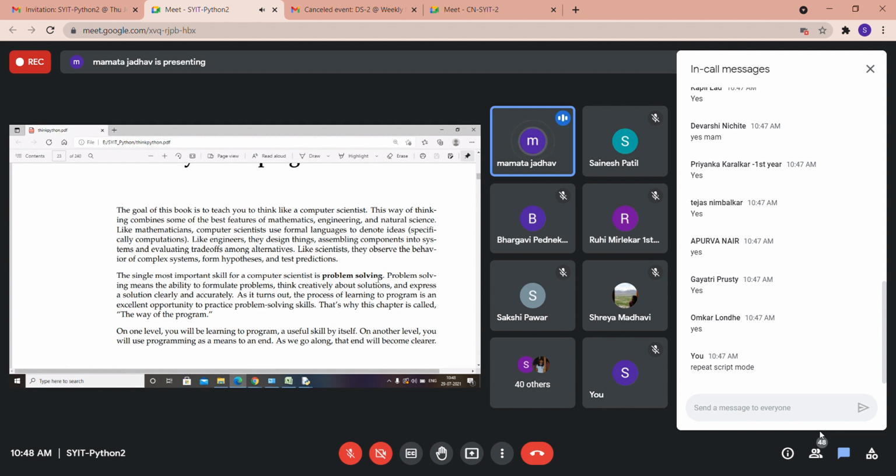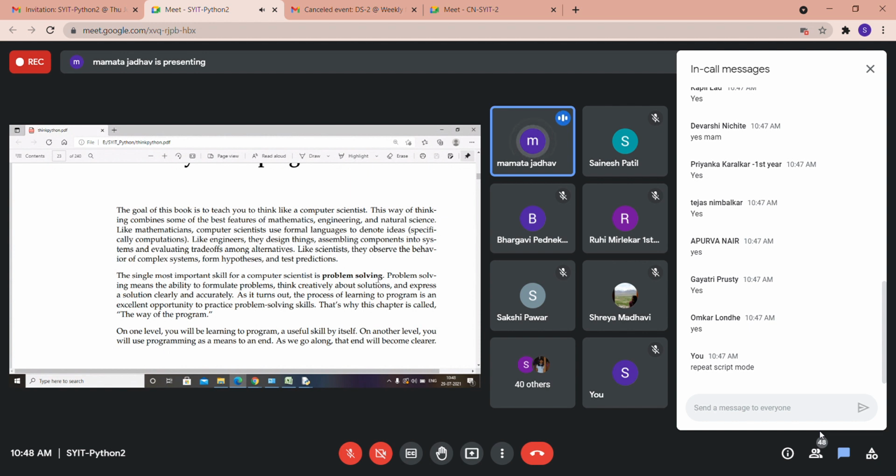Okay, this way of thinking combines some of the best features of mathematics, engineering, and natural science. Like mathematicians, computer scientists use formal languages to denote ideas. Like engineers, they design things, assembling components into systems, and evaluating trade offs among alternatives.